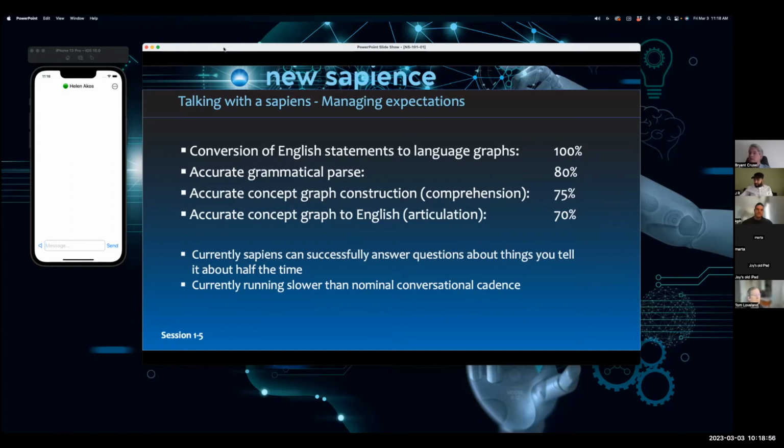And then we take and create a graph out of that, which is that extension to the model itself, that extends the model graph based on information in that incoming sentence. And we can do that somewhere between 50 and 75% of the time. And after that, even if we succeeded in comprehending the information that was in the sentence, if you ask a question about that, we may not be able to understand the question, or we may not be able to articulate the answer. So that reduces the overall